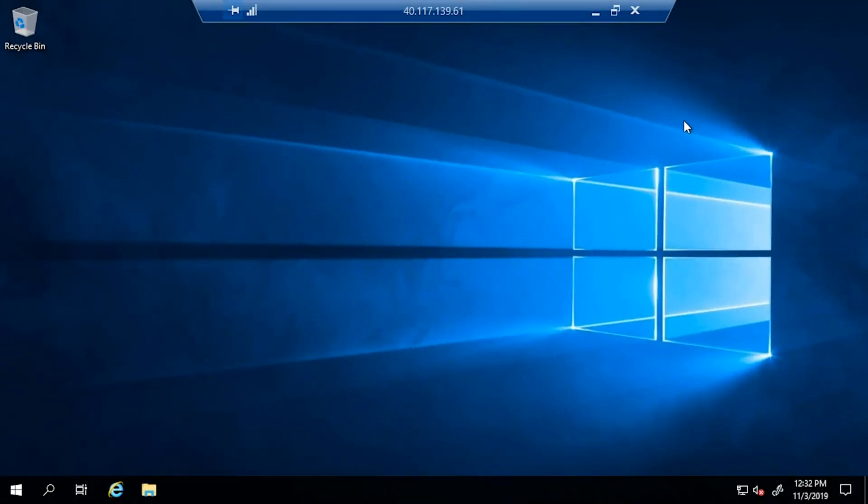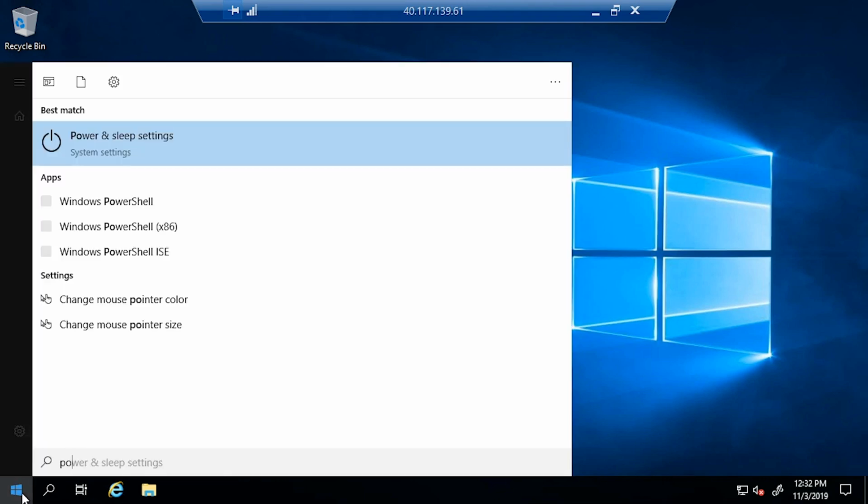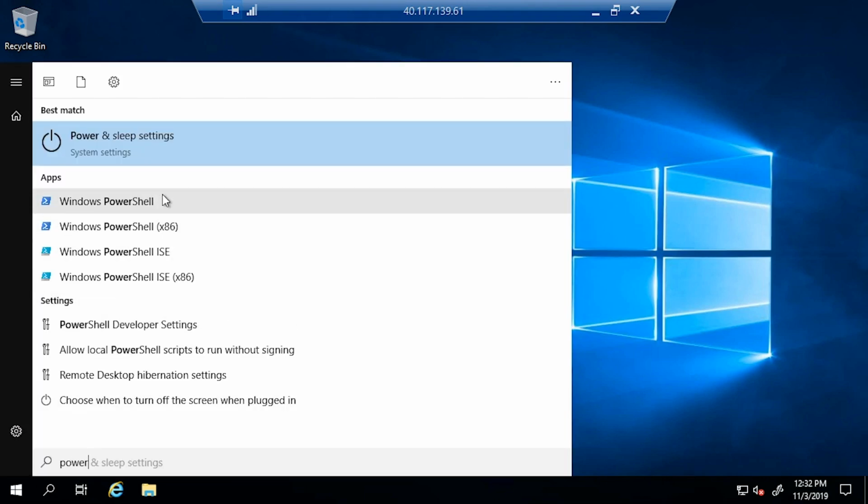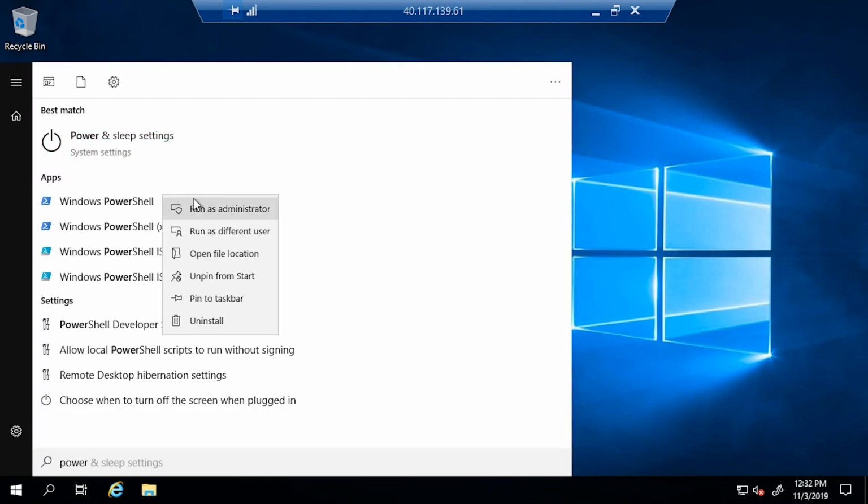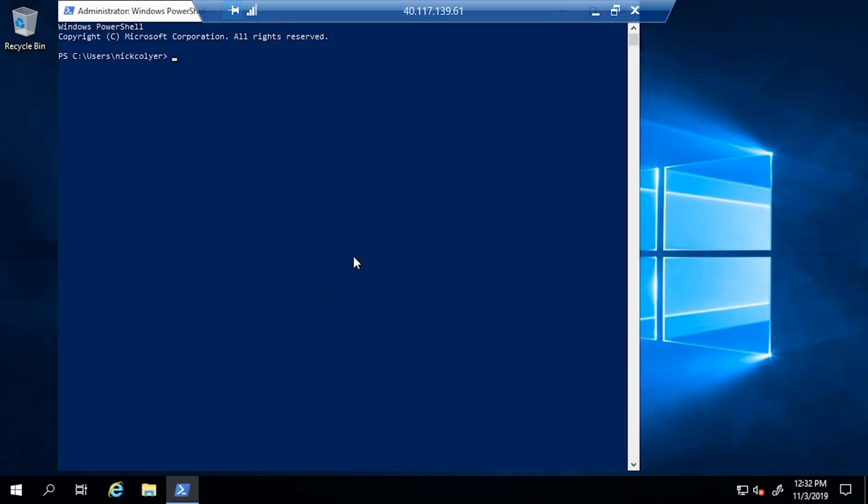So after you've logged in and closed out all those initial pop-ups that come up with any new server, let's go ahead and open up PowerShell. Just click Start and type Power, and then right-click and run it as administrator. And then what we need to do is type in New-NetFirewallRule -DisplayName